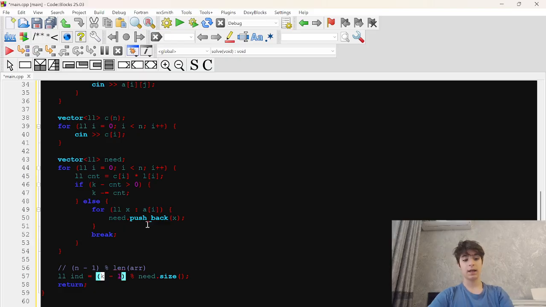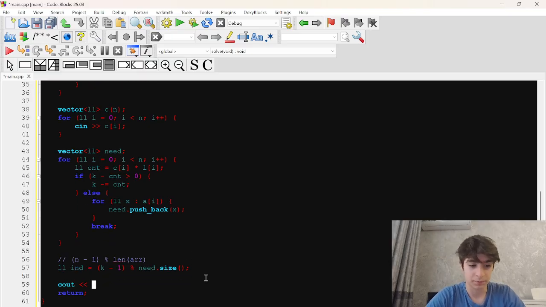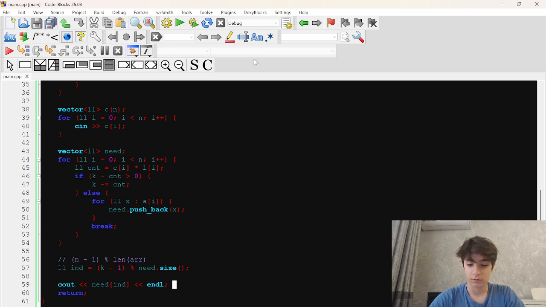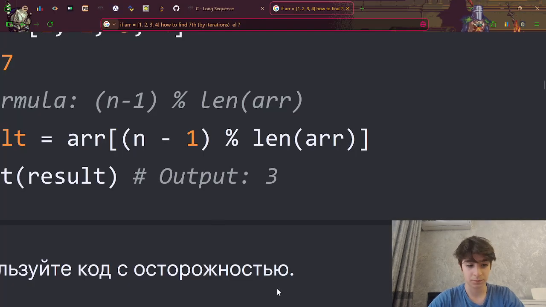Okay, so it's k minus 1. I was pretty close, but I was just saying k. My bad. Because if I'm going to print need index, I hope it's going to work.